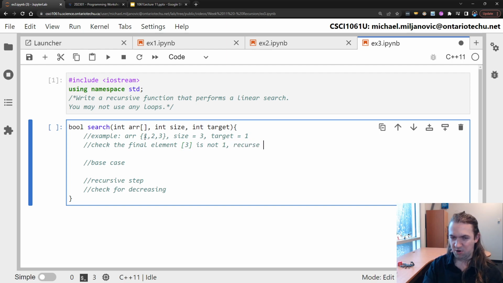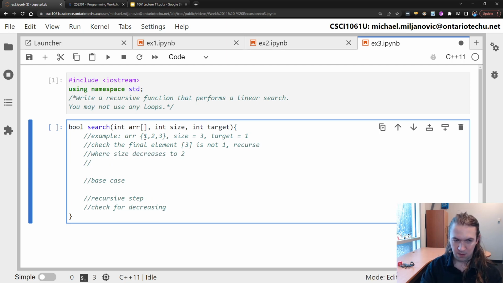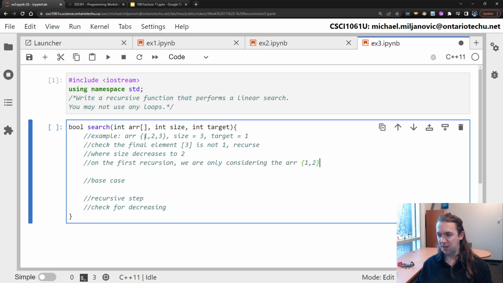And then we're going to recurse where size decreases to 2. On the first recursion, we are only considering the array 1, 2. And then we keep doing this until the size is 0. At the time that the size is 0, we clearly have not found it,